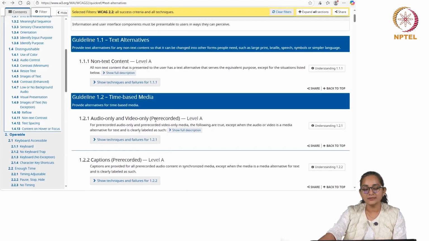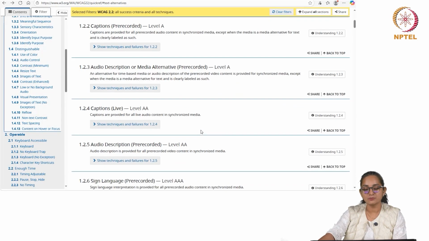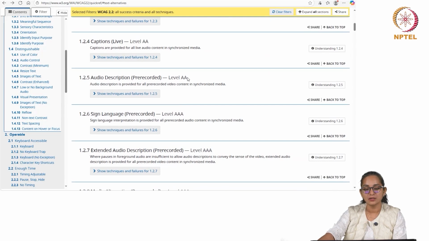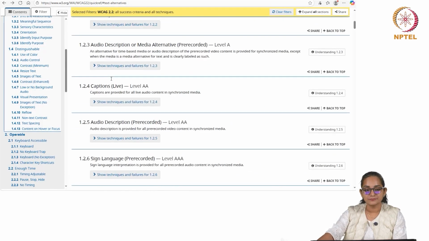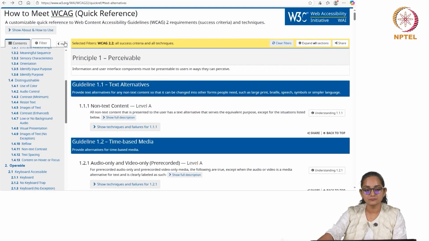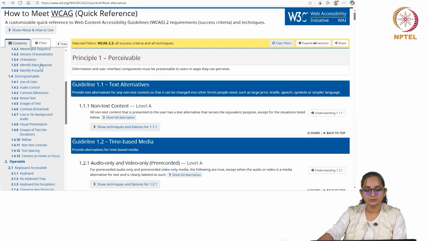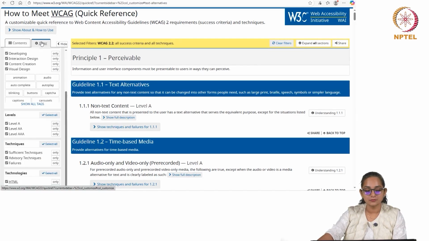Other than that, one thing which you might also be noticing, it is written here level A. If we keep scrolling, there is also level AA and level AAA. So, you can apply these filters as well.